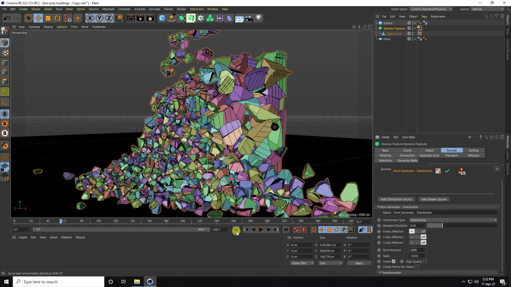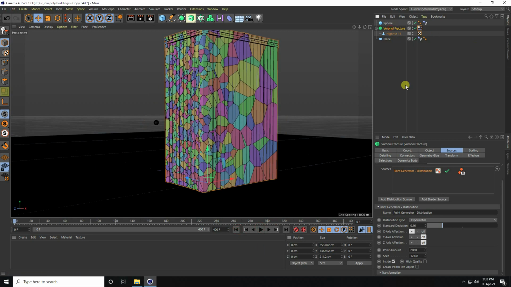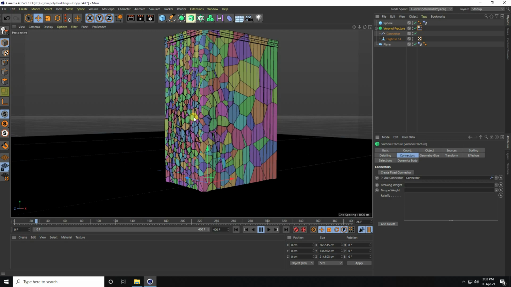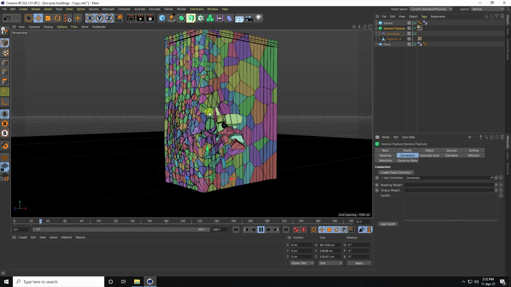So stop, go to the Rodney Fracture tool, go to connector, this one, and create a fixed connector. That's my connector. Now play again. This is much better.